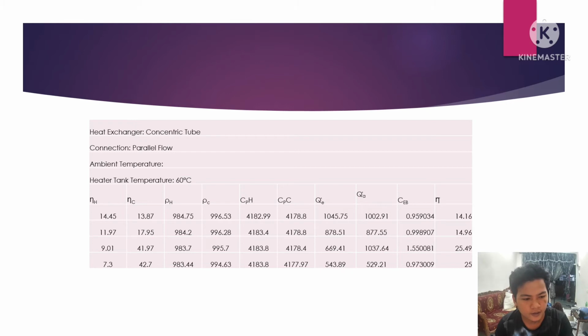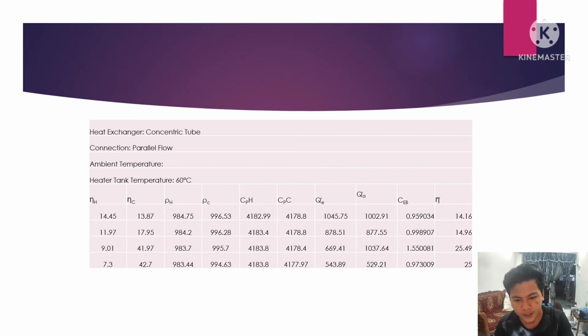We get here for test 4, NH is 7.3, NC is 42.7, rho for hot is 983.44, rho for cold is 994.63. The specific heat for hot is 4183.8. The specific heat for cold is 4177.997. QE is